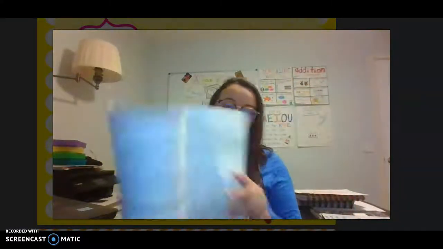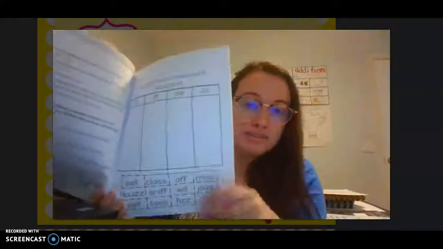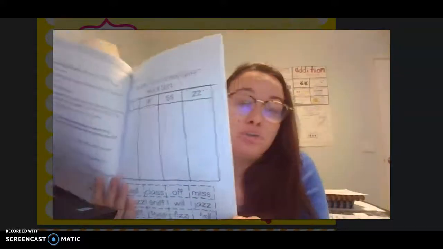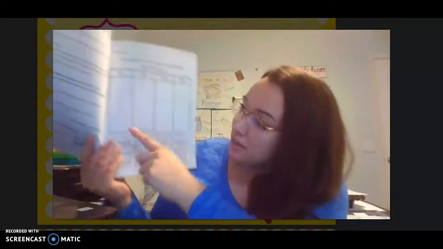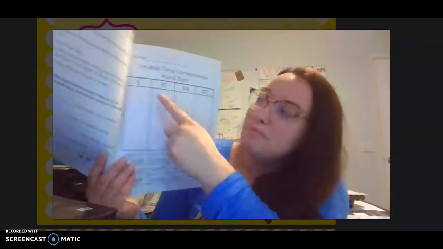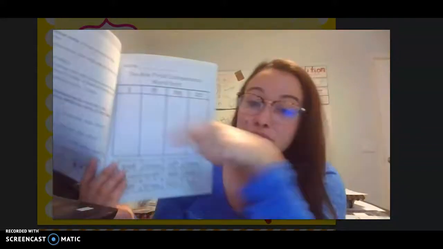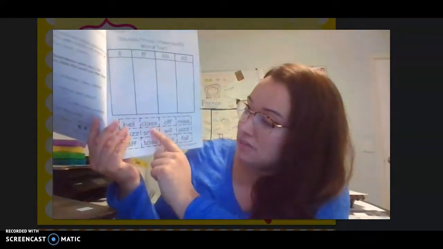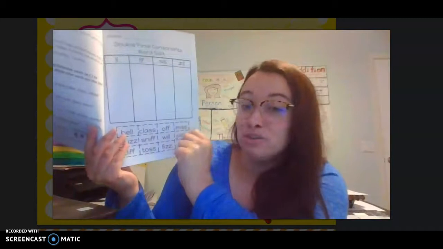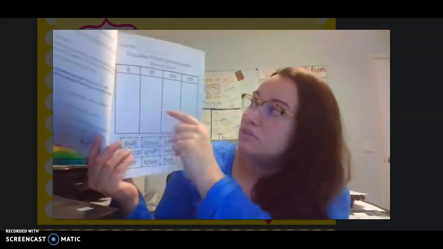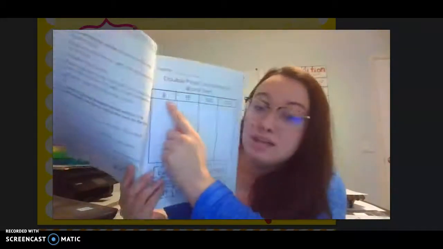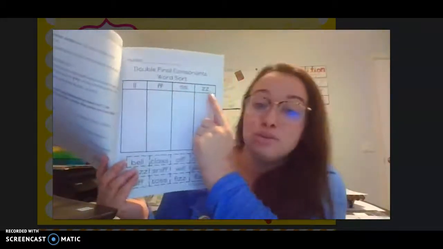So today you are going to be doing this double consonant word sort. You're going to go through each of these words and you're going to cut them and sort them by the ending. So we're going to use the Floss Rule. We can tell that each of these has a short vowel. You can even circle those short vowels if you want so you notice them. And you're going to put it in its correct home. So is it a double L, a double F, a double S, or a double Z? When you're done, make sure you take a picture